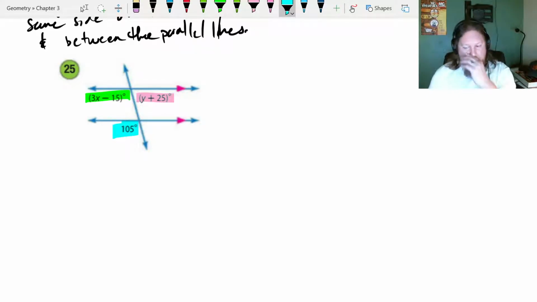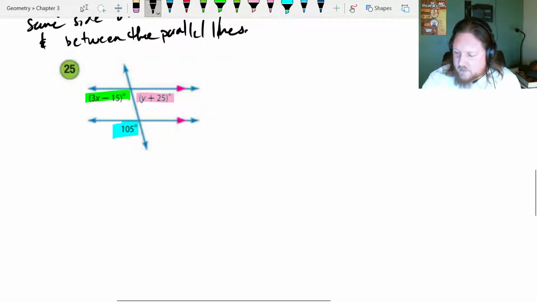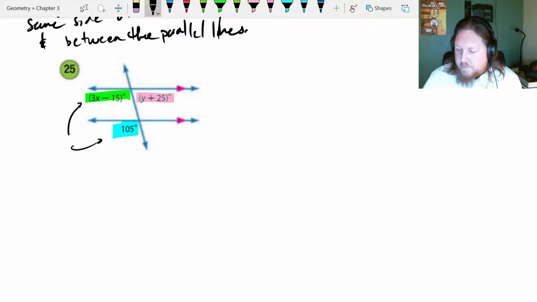Now let's check for the x. 105 and the 3x minus 15. Those are both on the bottom left of the intersections of the parallel lines and the transversal. That tells us these two pairs of angles here are corresponding angles. Corresponding angles are congruent. So their measures